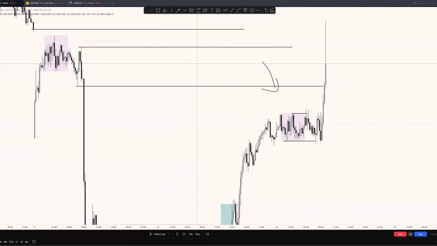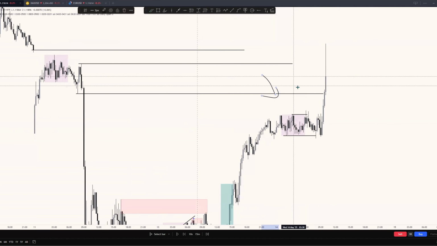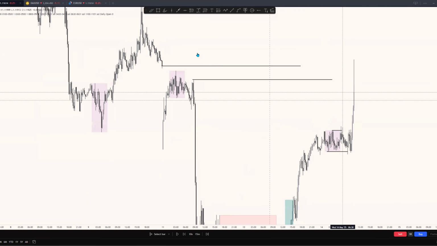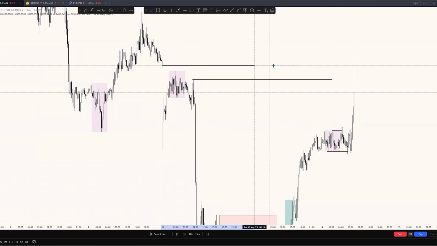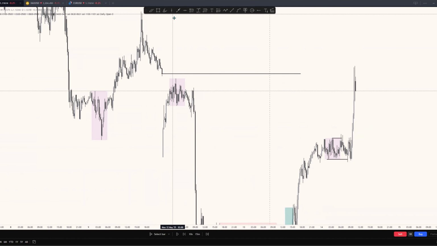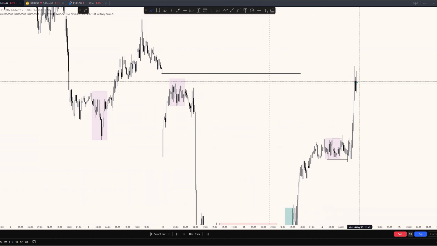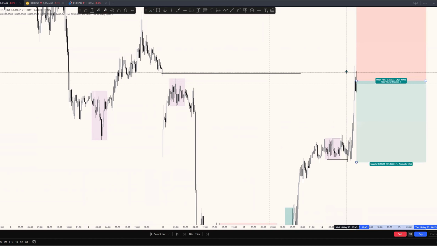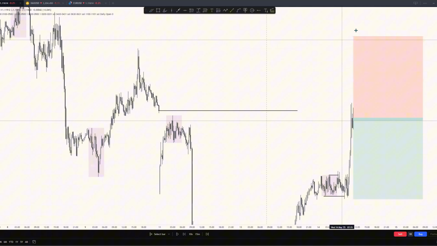So it's possible to buy here, but then we fill the weekly open gap right here. So what does it mean for us? It means that we are looking for a short really soon. So let's just see what price does. We have a rejection, a stop hunt of that rejection, a bearish candle. So this was my second trade of the week. It was a stop loss, but